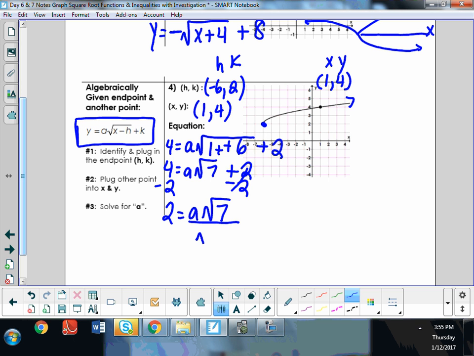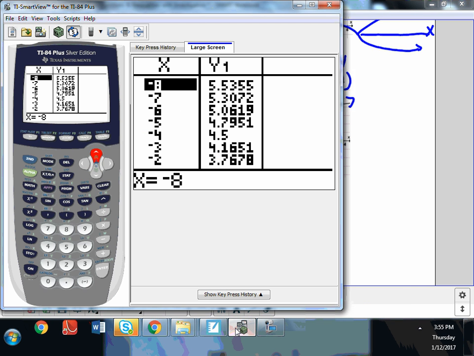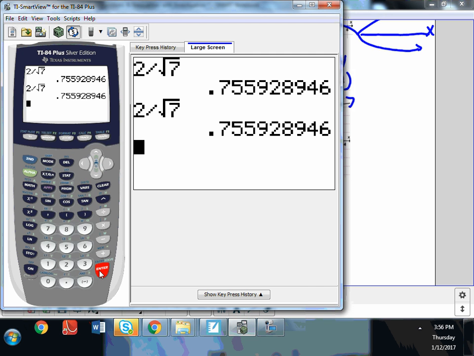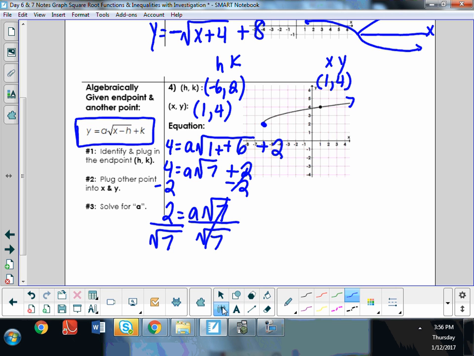And now I need to get the a by itself, so I'm going to divide by the square root of 7. Which is fine. You can type that in your calculator. So you're going to go to the calculate screen, and I typed it in right there. You just type in 2 divided by the second square root of 7. Okay, and so it gives you that decimal. It's like 0.756 if you round it. So if my a equals 0.756,